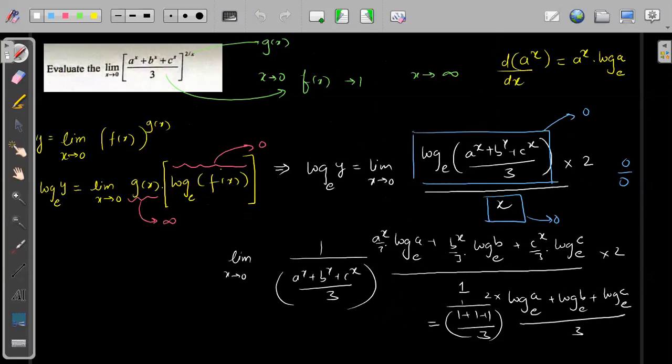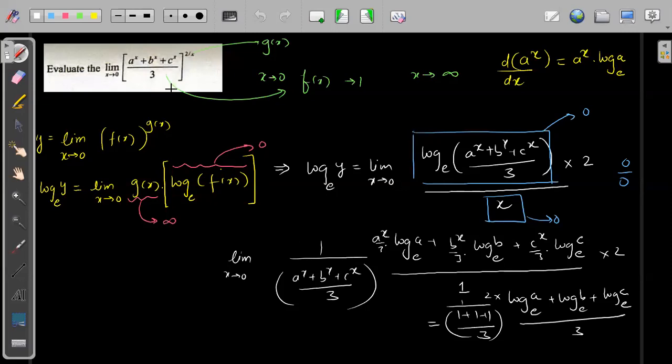Sir, this was 1 to the power infinity form, right? We already know a different method, then why this? Yes, but it is better to know more than one method, Jagdish. One method was we will expand: we will write a to the power x as the expansion of a, b to the power x as the expansion of b, c to the power x as the expansion of c. That method we have already seen when we were discussing the paper.